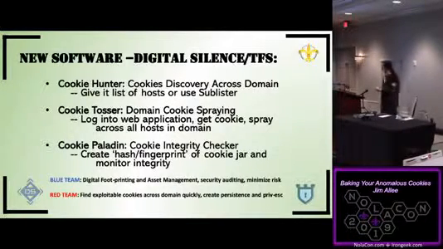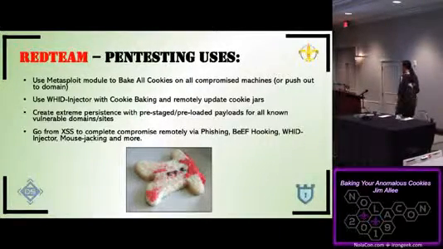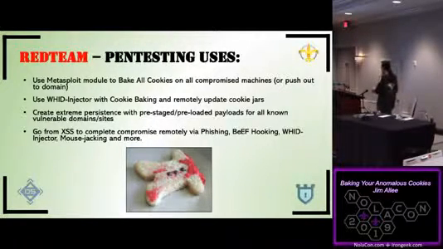And of course, if you're on an internal test and you end up getting DA, you can spray this across the domain. Once you have that, you can create persistence and actually privesc on OpenBugBounty. So just reiterating here, red team uses the Metasploit module. Get on the domain, spray it. You have persistent potential and access to many systems there. Using the weed injector. Again, getting it inside the box is better.